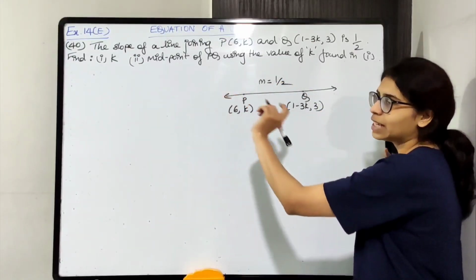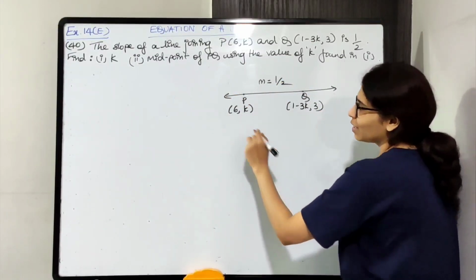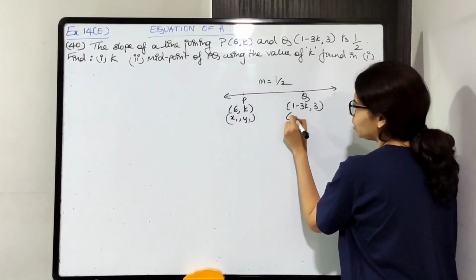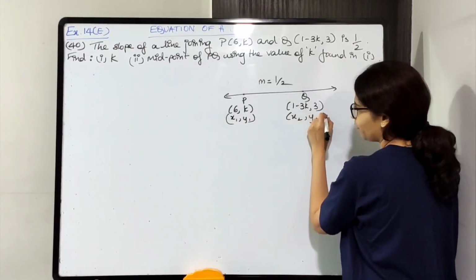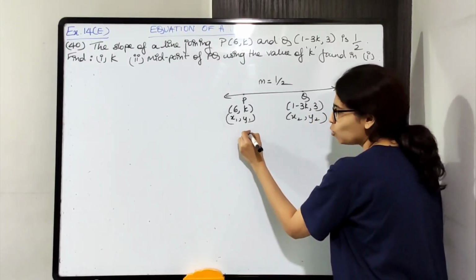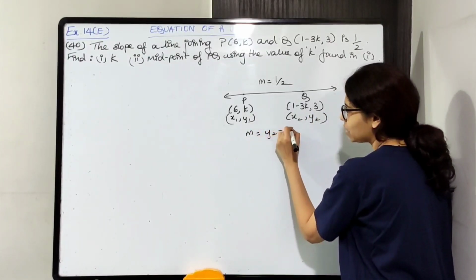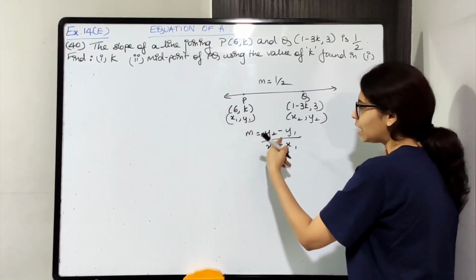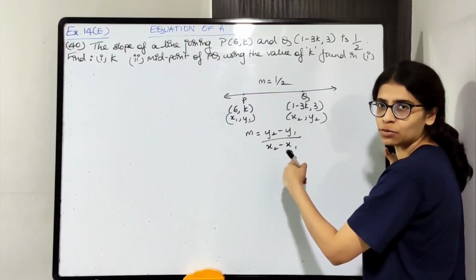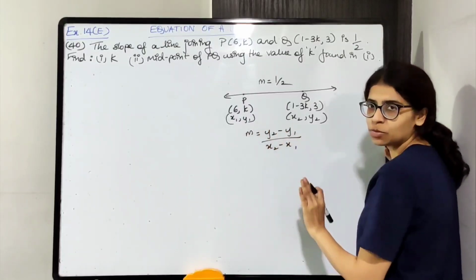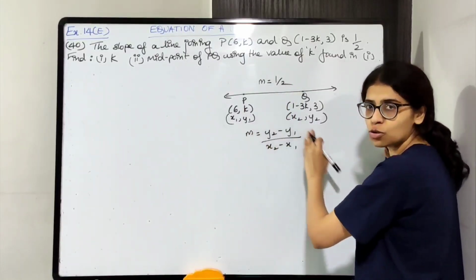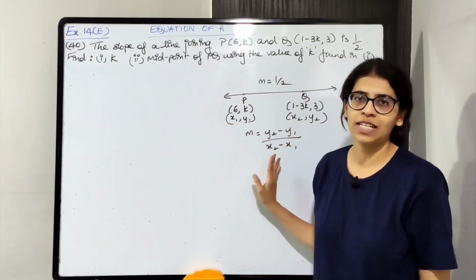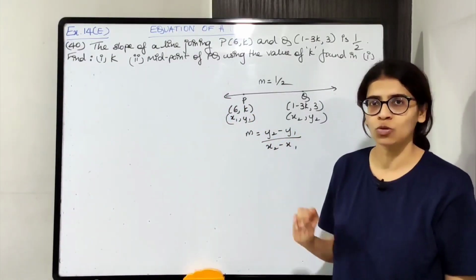First we need to find K का value. Take P का coordinates as x1 y1, Q का coordinates as x2 y2. Slope is y2 minus y1 upon x2 minus x1. Put the values of x1 y1, x2 y2. Okay, and m का value भी put करो, m is half. On solving you will get k का value. Okay, so first part is very easy, k मिल जाएगा from the slope.